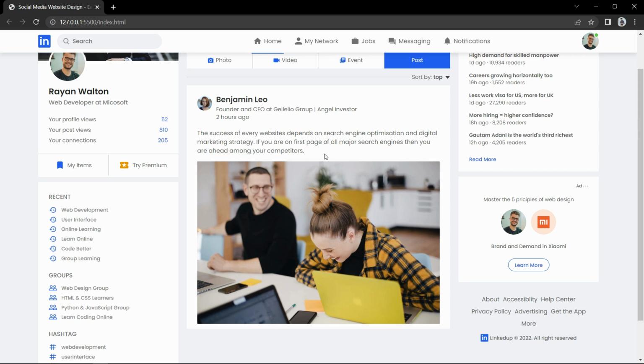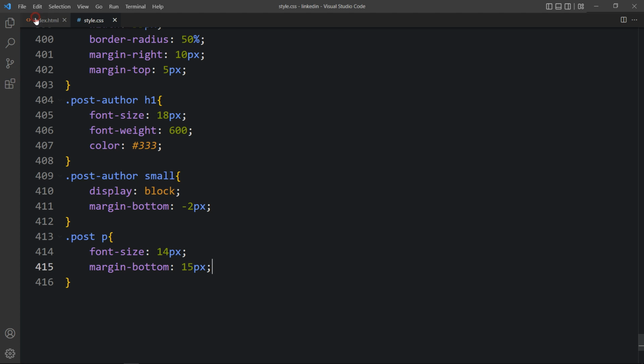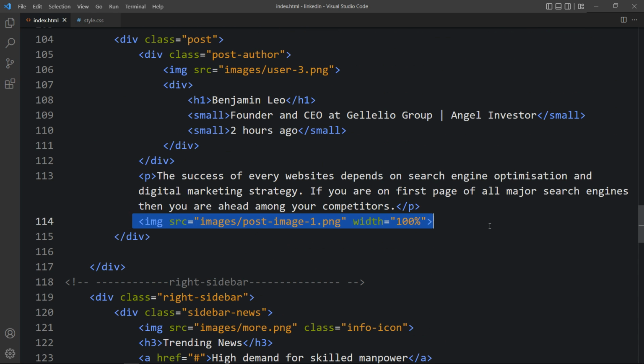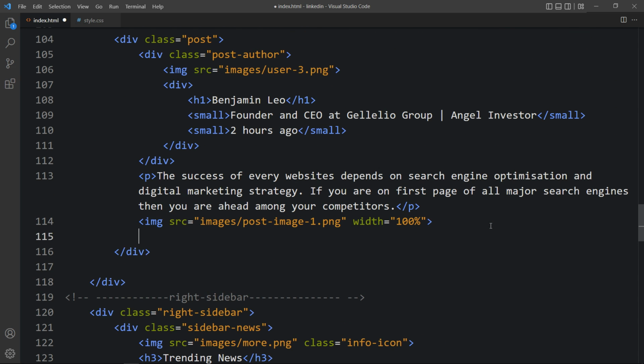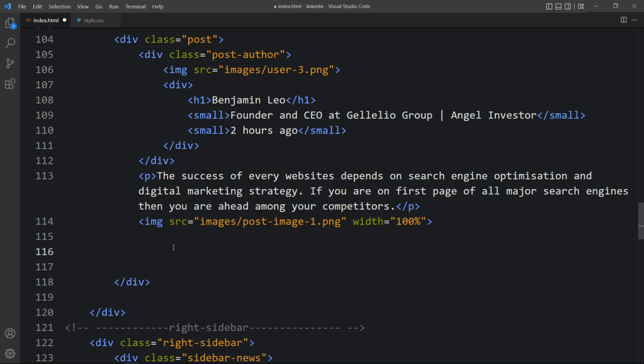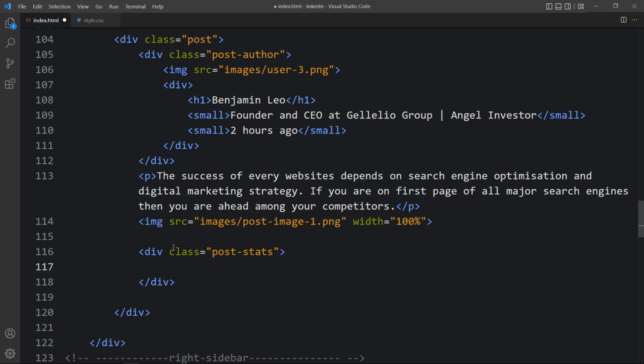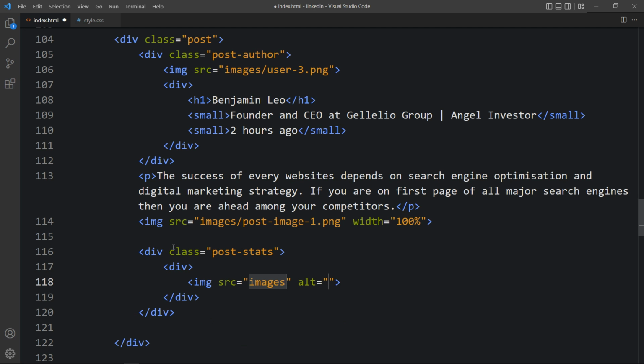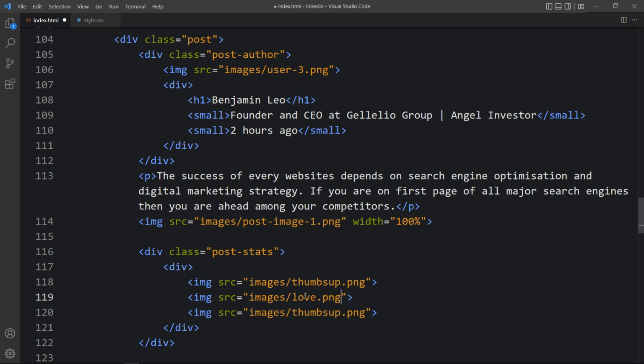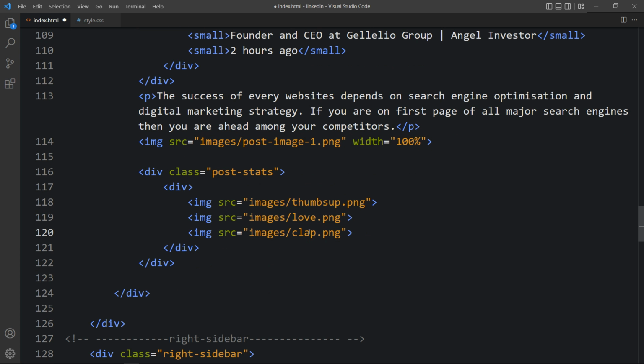Now below the image we will add some information about the number of people who liked the post and the number of people who commented on this post. So let's come back, and after this image we will create one div. In this div we will add the class name post stats. Here we will add the information in 2 columns. So in the first div we will add the image thumbs up.png. It is one icon. Let's duplicate it, and we will add another icon. It is the heart icon, then it is clap icon,